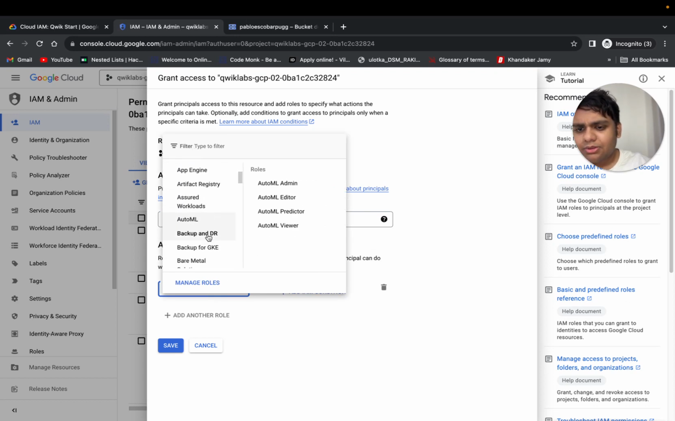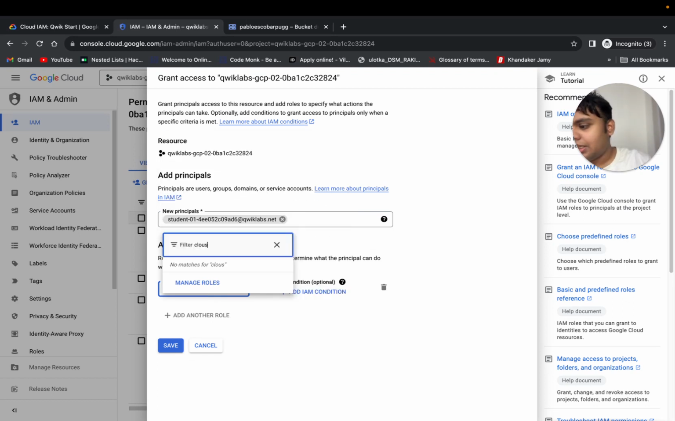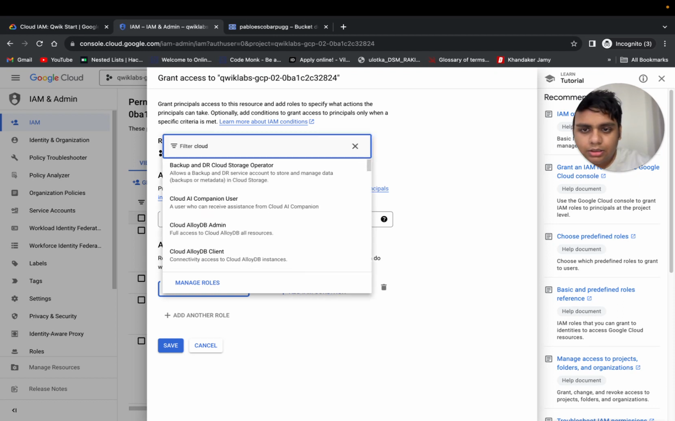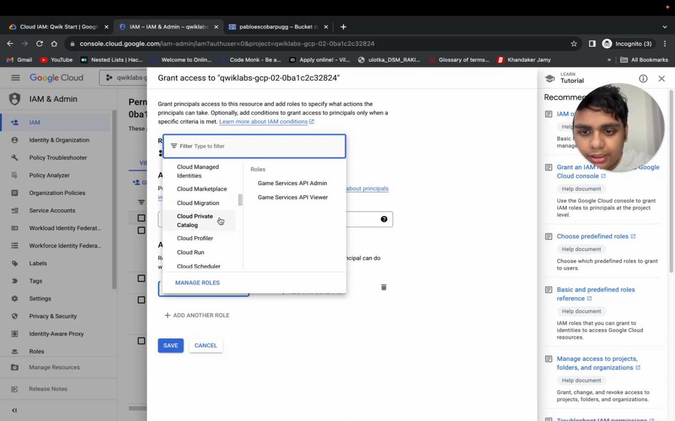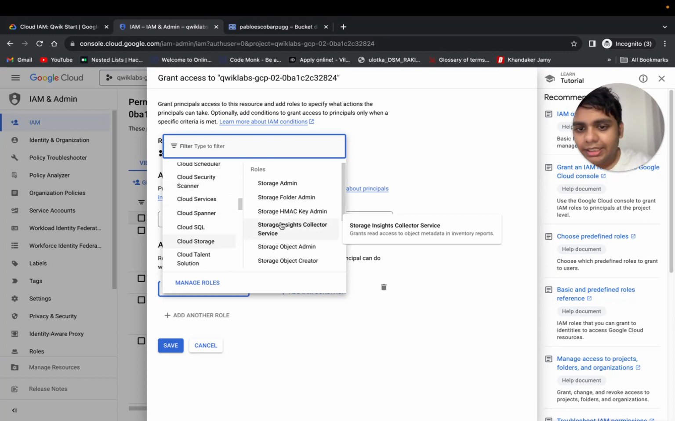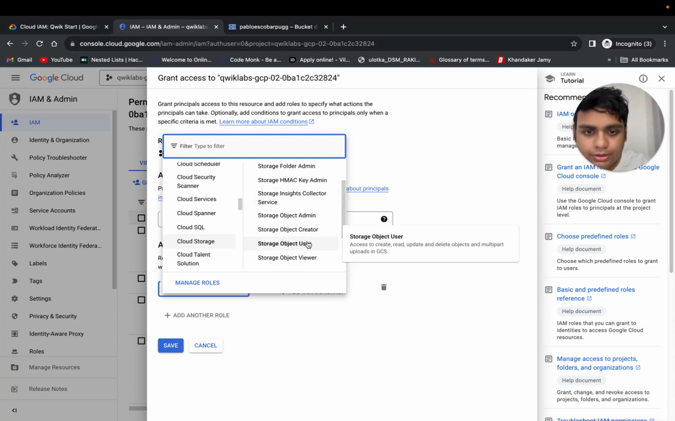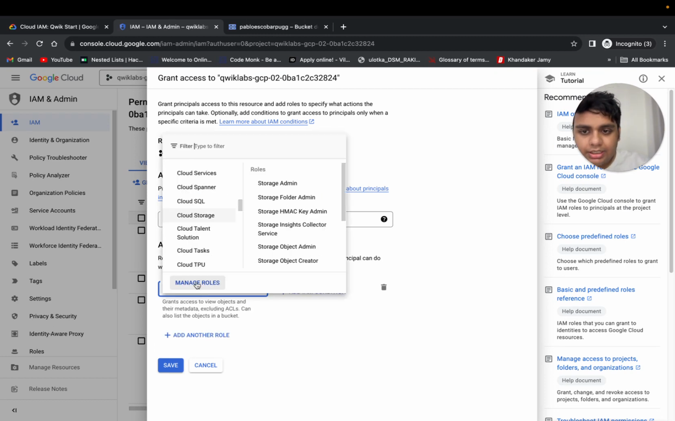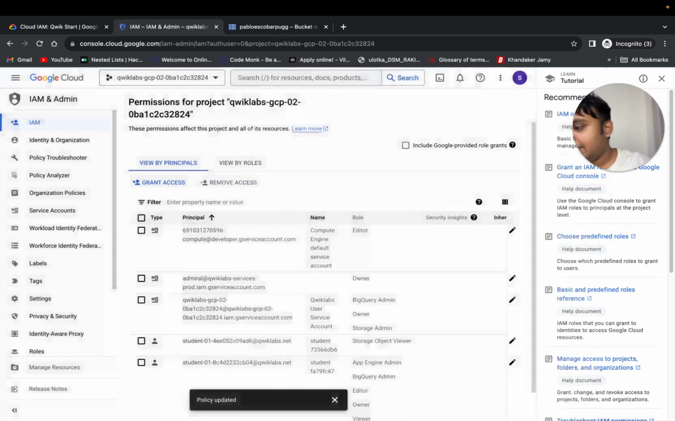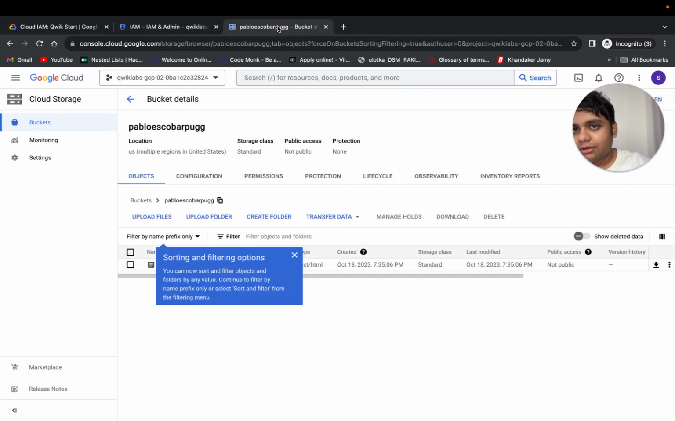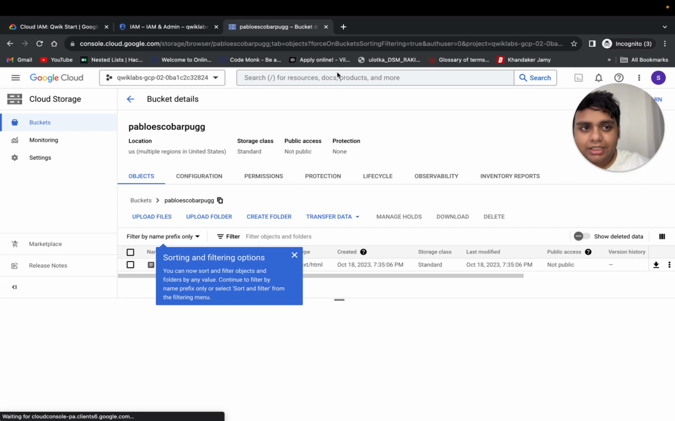I'll come to cloud storage. Let's see, let's just scroll down, it's better. Okay, I have found cloud storage, and then I'll come back to storage object viewer. Make sure it is cloud storage object viewer. Now when I'm here, I'll click save. Alright, and then I need to verify that, so I'll click on this, and then I'll click activate cloud shell,